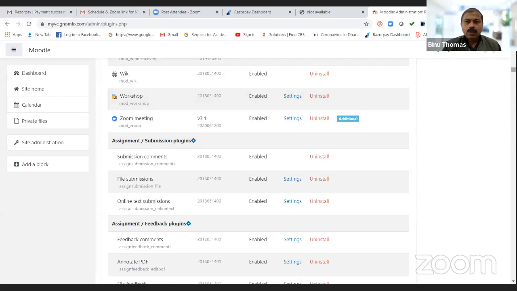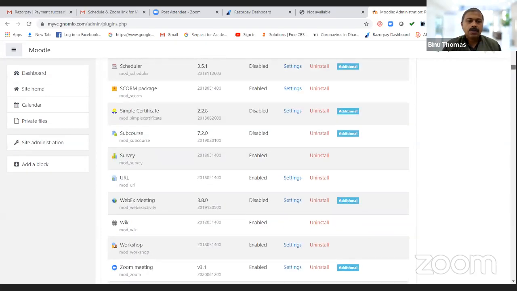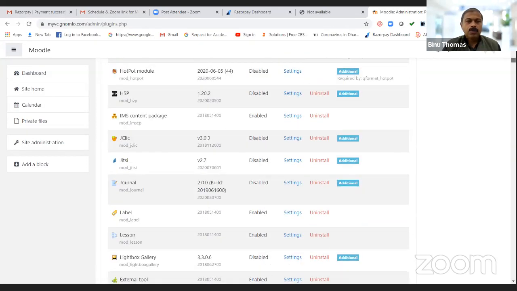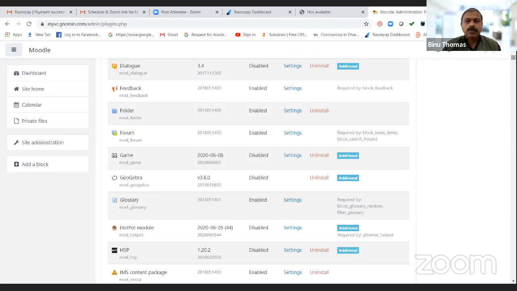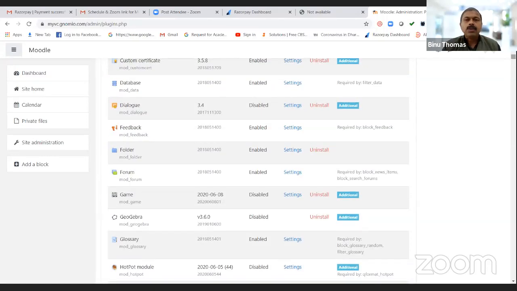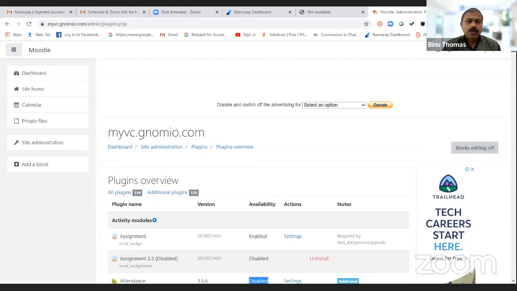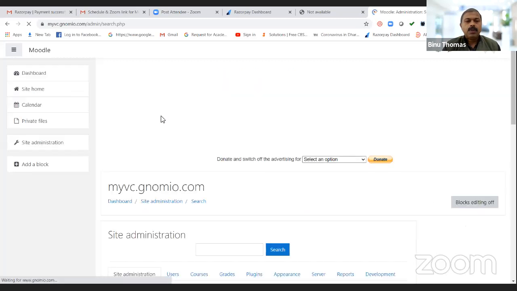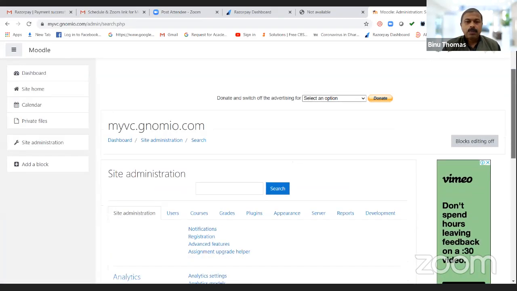So these common plugins which are available in the Moodle environment, they have already installed into our Moodle website, and some are enabled and some are disabled. So this way, by going to site administration, you can get an overview of the plugins available in your Genomio. You can just go to site administration and access the plugin